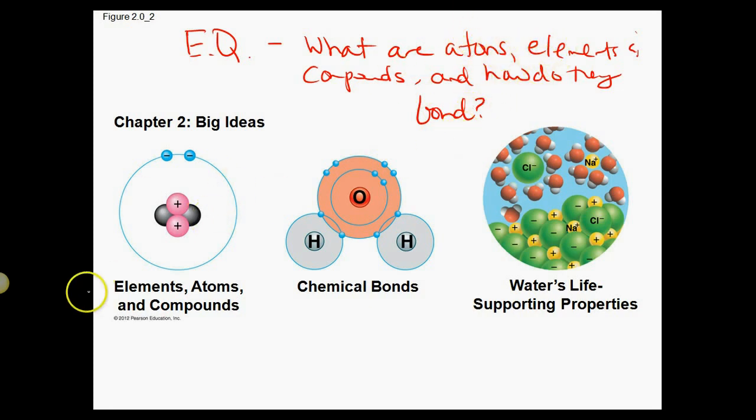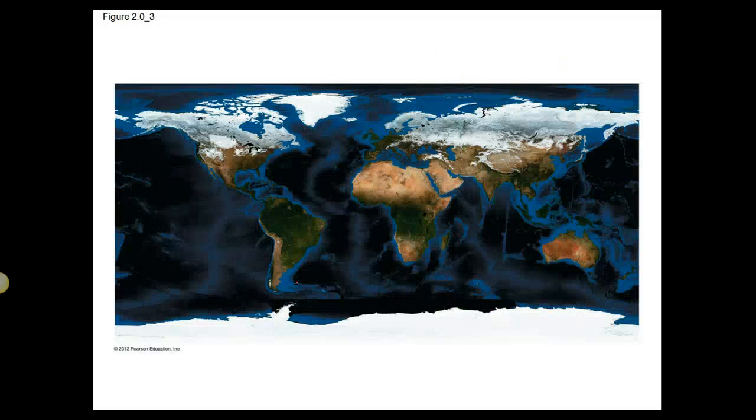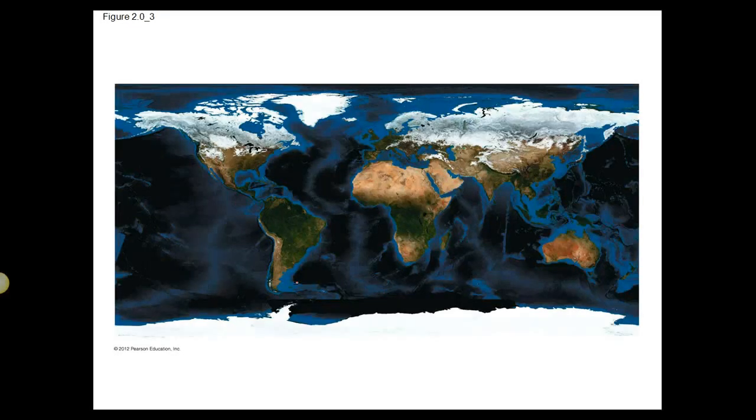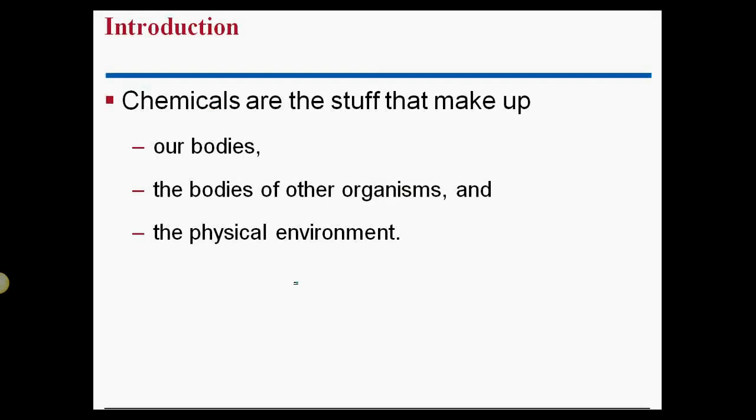So this section of what we're going to look into, we'll do water supporting qualities and stuff like that later, but these are the sections we're going to cover this weekend. Okay, so let's take a look. Basically, when we get to the water part, this is going to be really interesting. Chemistry makes up a large portion of things because water makes up a large portion of our Earth. It's a big deal. So that's how that comes into play.